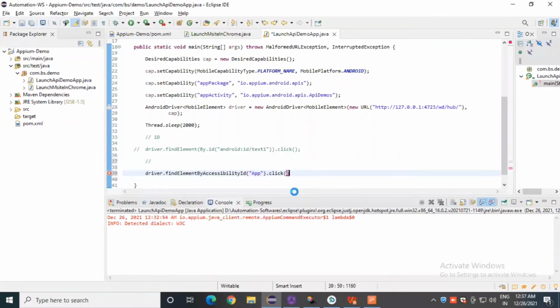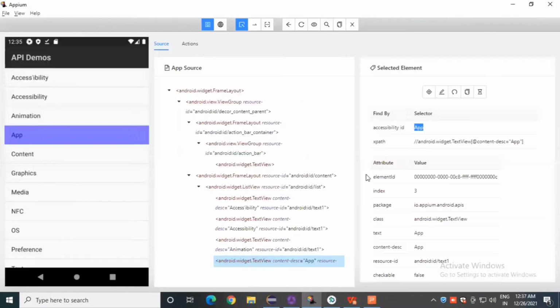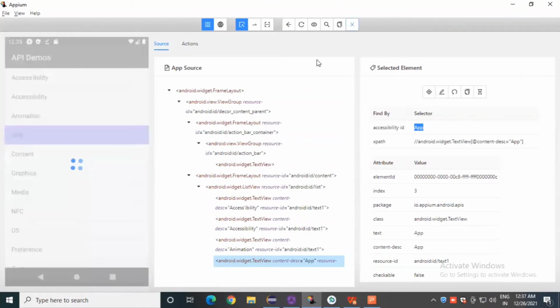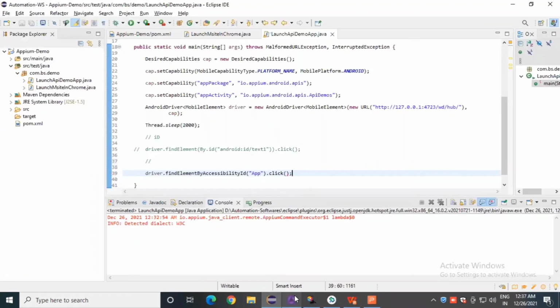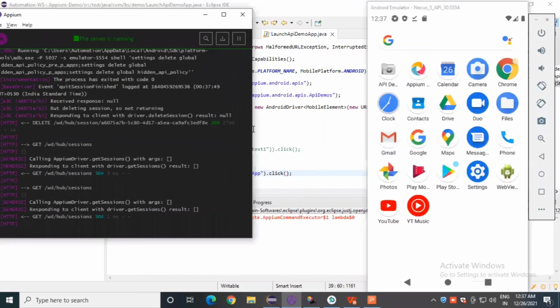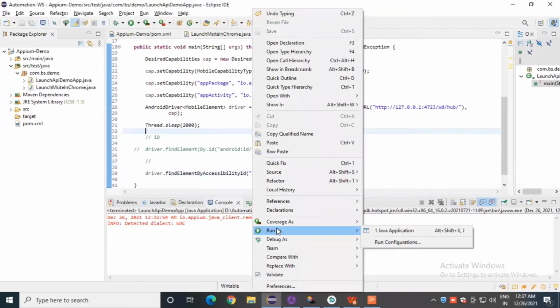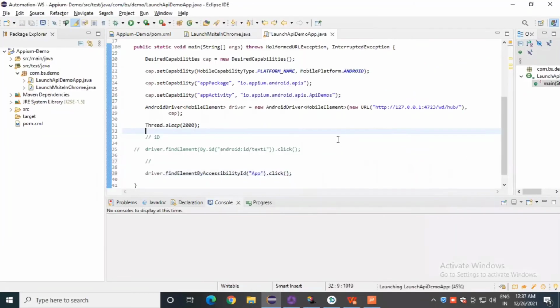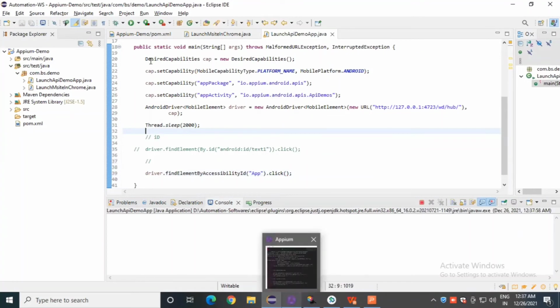Okay, run this session again and let's check whether we are able to click on this particular app element or not. So just stop this session, the inspect section from here, and try to run the session for this device and this server. Okay, we have stopped the inspect section. Just run as a Java application because we have defined a simple main method, and we are not creating any TestNG or anything.